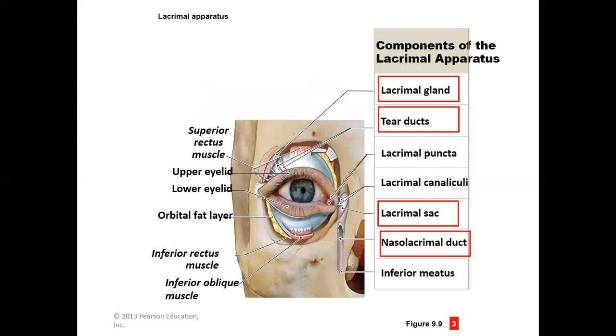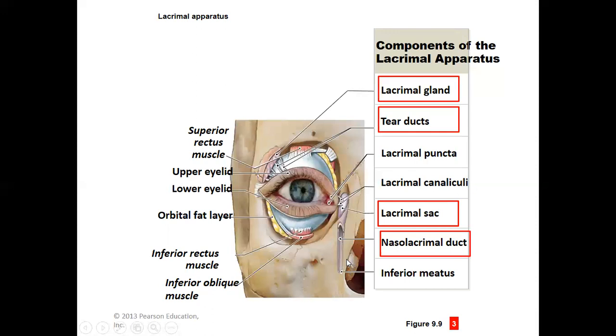And that sniffly nose is because tears are produced here in the lacrimal gland, sent through the tear ducts into the eye. You blink and wash the eyes across, down, and medially to the lacrimal puncta, there's openings here into the lacrimal canaliculi, these little canals that tears drain into the lacrimal sac. And then the nasolacrimal duct carries those tears into your nasal cavity, just below the inferior